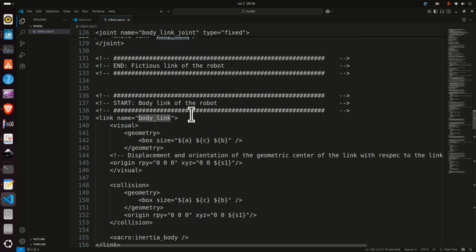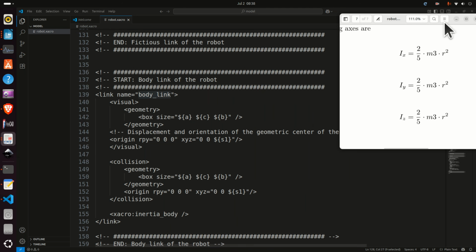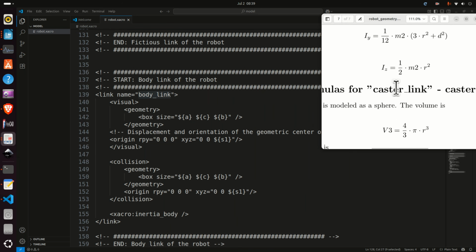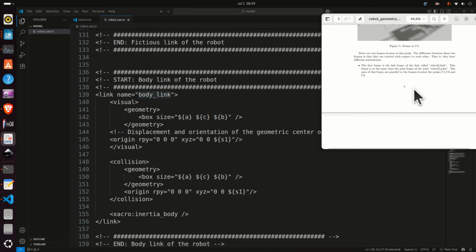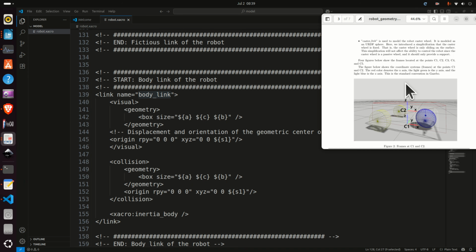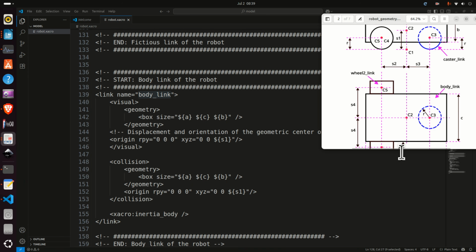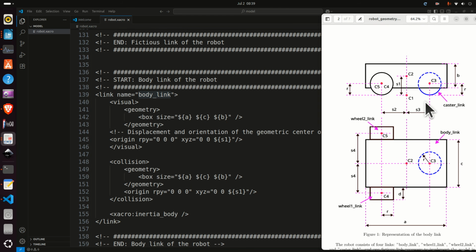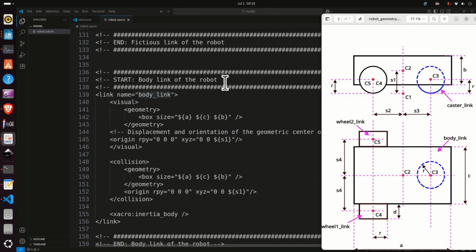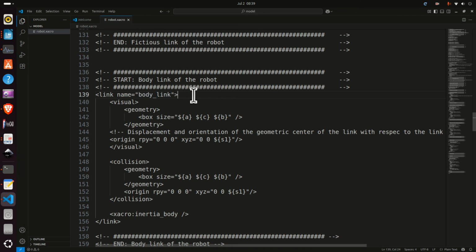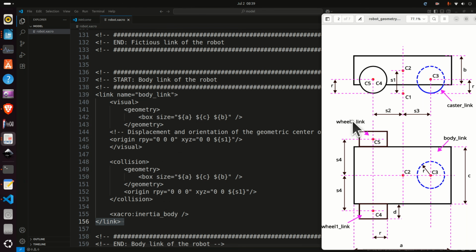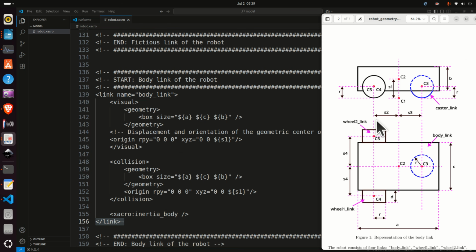So let's define the body link. For that purpose, let's bring back the file again, and let's look again into the geometry of our robot. So here it is. Let me expand this, and let's explain what's happening over here. Okay, so let's see. To define a link, you need to start a link tag and you need to end the link tag. But before we do that, let's just briefly comment upon and explain how things are being modeled